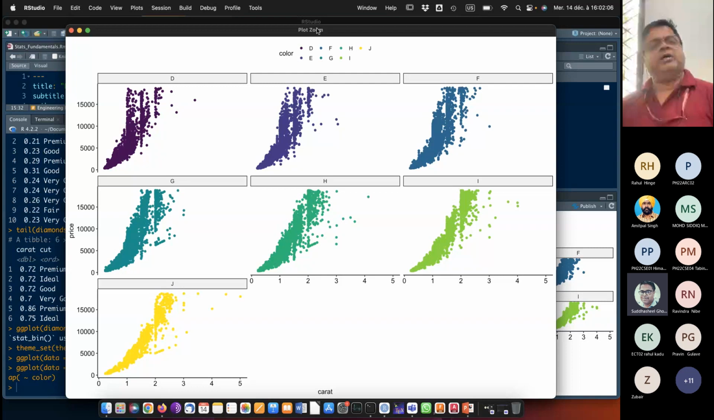This is how it looks. Again, as we are talking about the color, the carat and the price, three things we are talking about: color, carat, and price. You still see that the graph actually gives you no